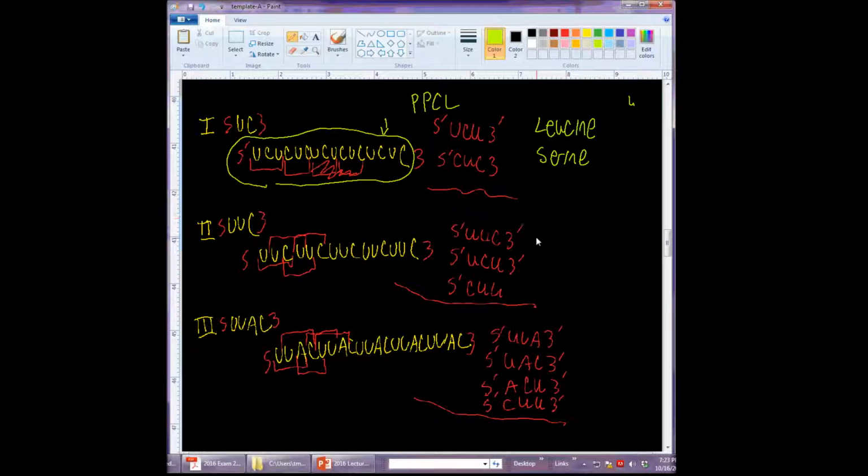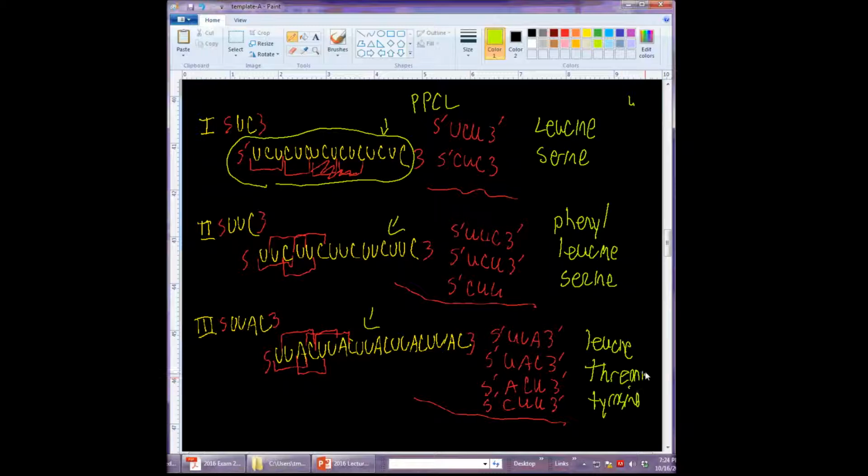This one down here leads to incorporation of phenylalanine, leucine, and serine. This last one only leads to three others: leucine, threonine, and tyrosine. There are 4 codons, so two of these codons must code for the same amino acid,